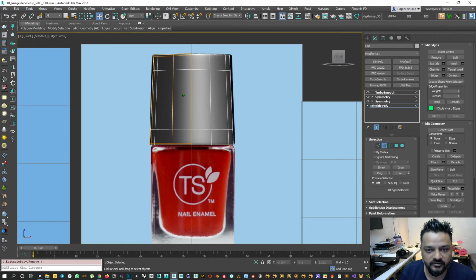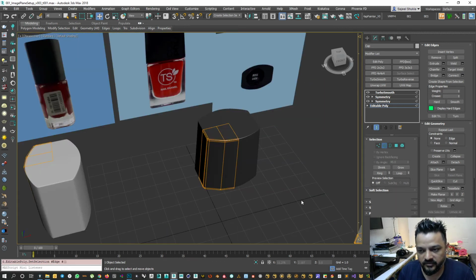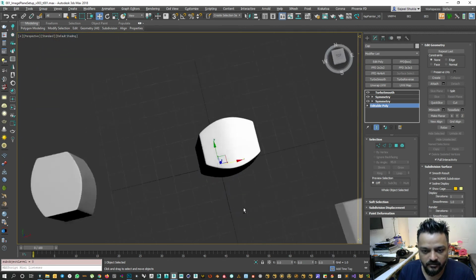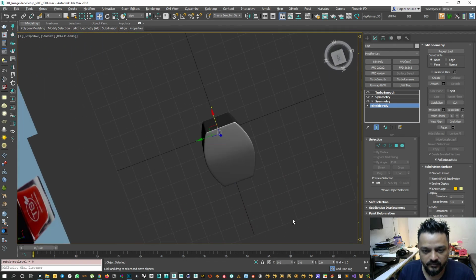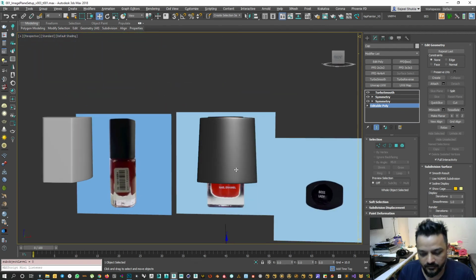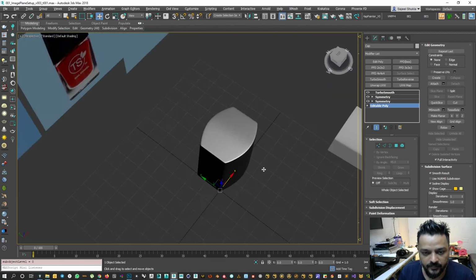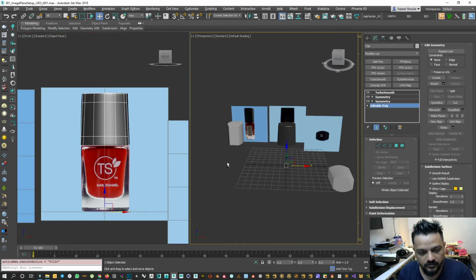so Control Backspace and Alt W, deselect this thing and just check out the model if I can see any issues. And the top part is also very flat, which is, yeah, it's flat. Okay, I think it looks fine. So now